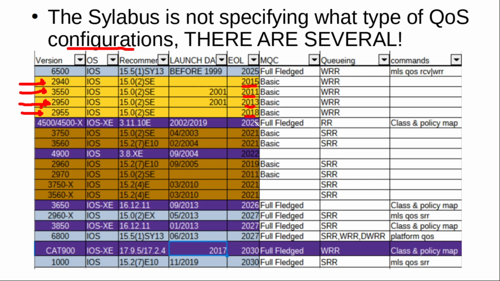And this type of old Catalyst switches will use a certain type of queuing mechanism known as weighted round robin. This was not a really good mechanism because it will not serve your queues very fairly under some